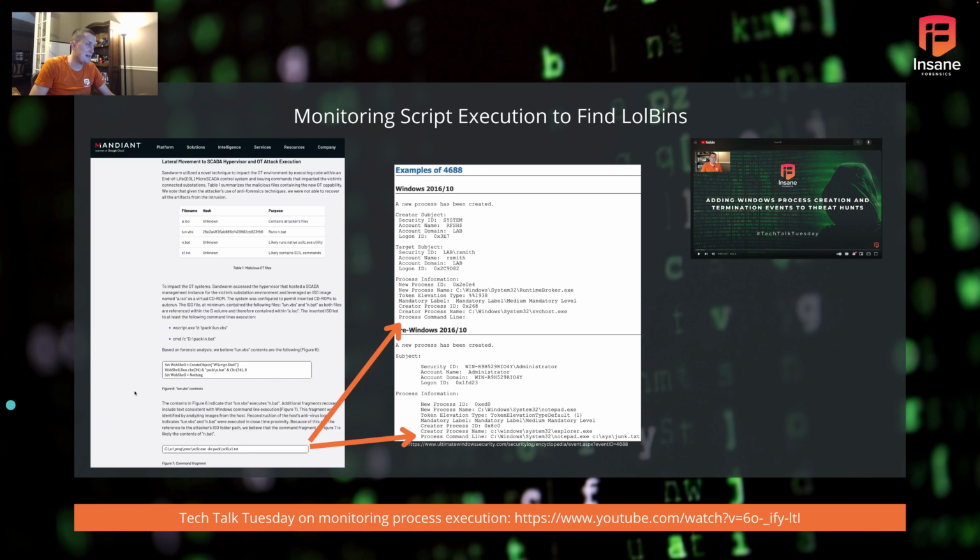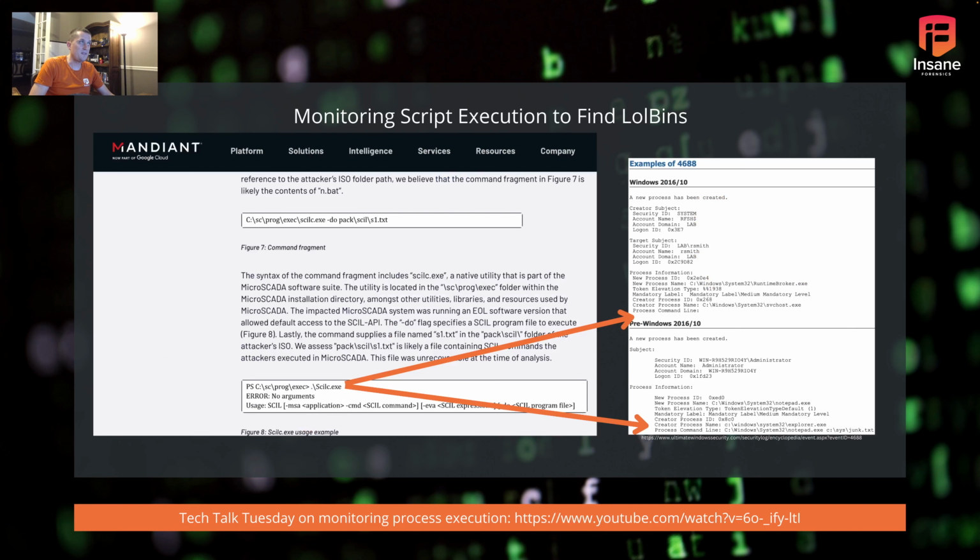In the Mandiant example, you can see they called sc program exec scilc.exe, which is expected, and then they called that -do, which is a command with that s1.txt file that comes from that malicious ISO, right? So if you had this event active, you would see that resource from that malicious ISO get called in.